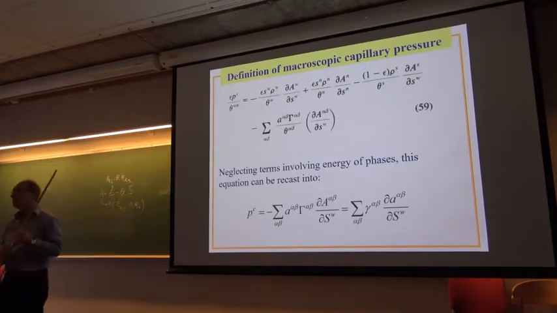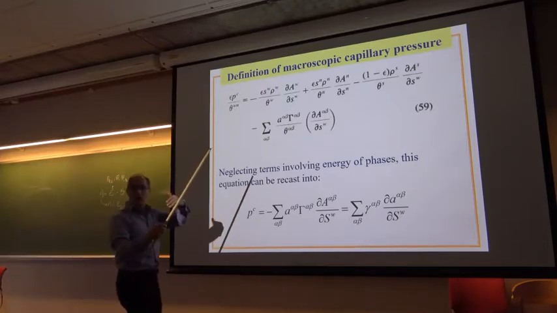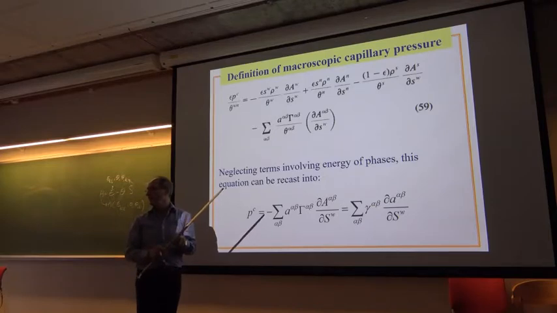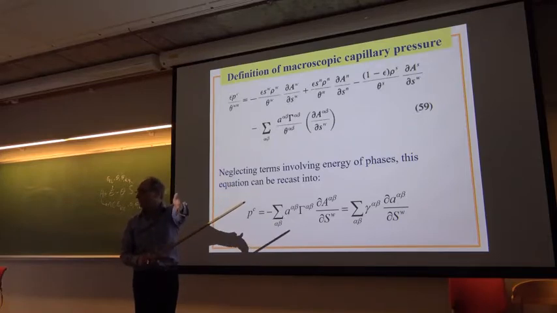And yes? When you talked the other day, how does time come in here now? Because when you change saturation at different rates. Yeah, so that is when you have non-equilibrium. Under equilibrium conditions, Pn minus Pw is equal to this. So the definition of PC is independent of Pn minus Pw.